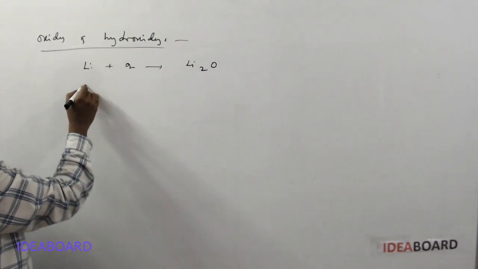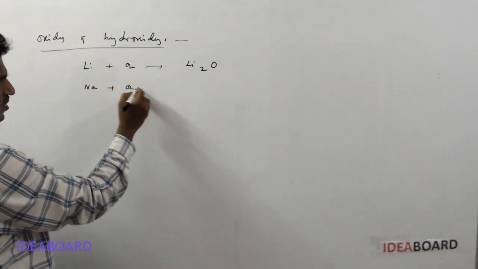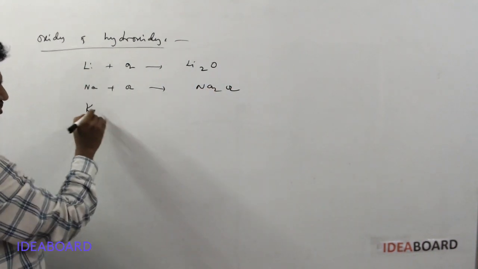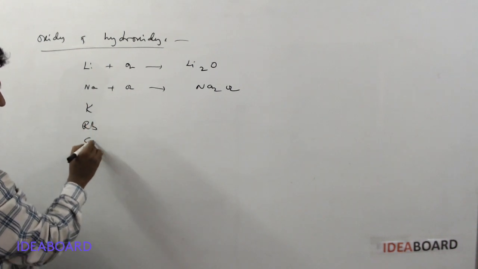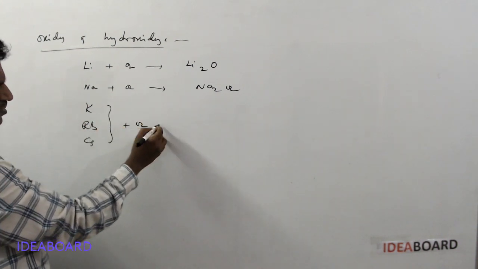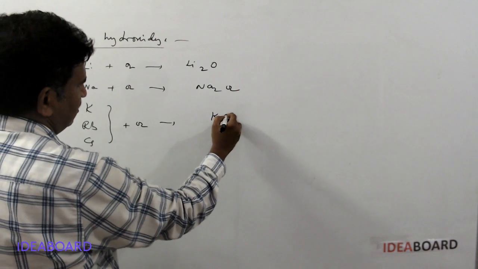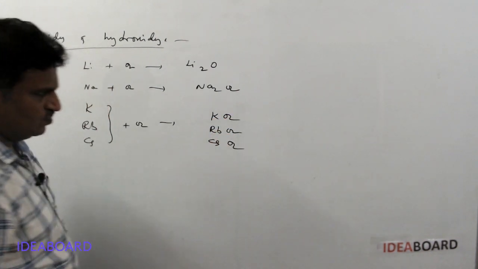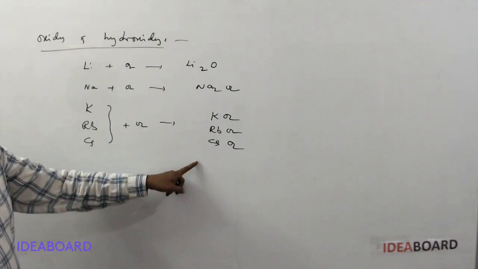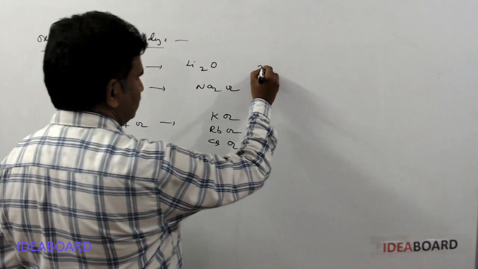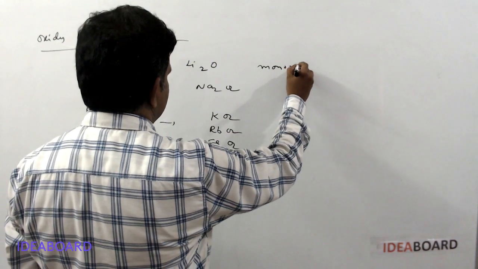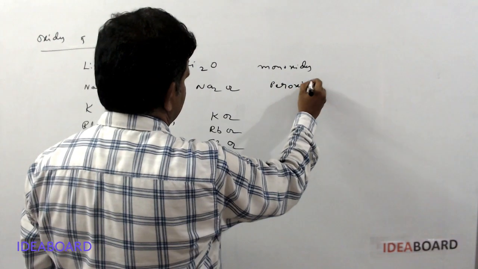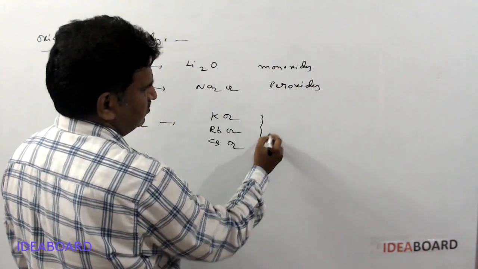Lithium monoxide mainly. Sodium with oxygen mainly forms Na2O2. Potassium, rubidium, cesium with oxygen mainly form KO2, RbO2, CsO2. These are called superoxides. So lithium forms monoxides, sodium forms peroxides, and potassium, rubidium, cesium form